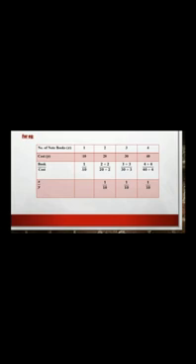Now children, let us see this table so that you can understand better. In the first row, we have the number of books and in the second row, we have the total cost. For one book, the cost is rupees 10. For 2 books, the total cost is rupees 20. For 3 books, the total cost is 30. And for 4 books, the total cost is rupees 40.